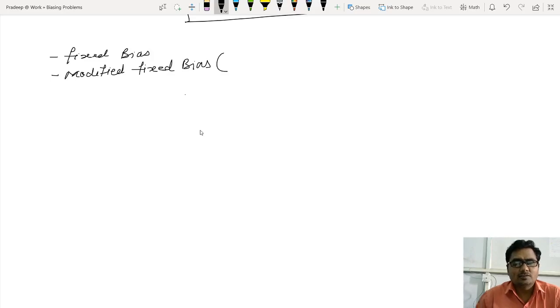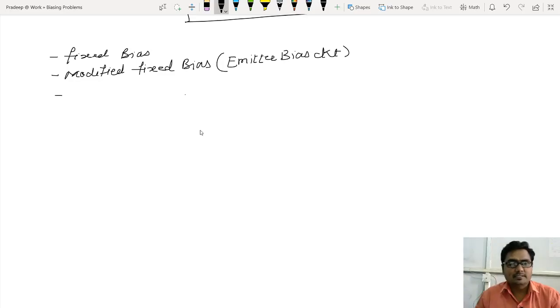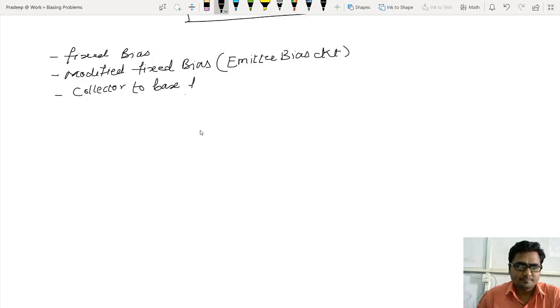It is called emitter bias circuit. The third biasing circuit that we have studied is collector to base bias. And the last one, which is very important, is voltage divider bias